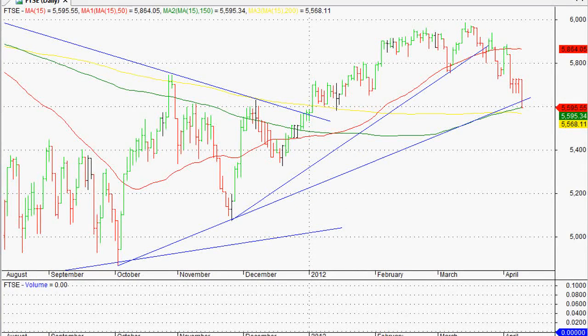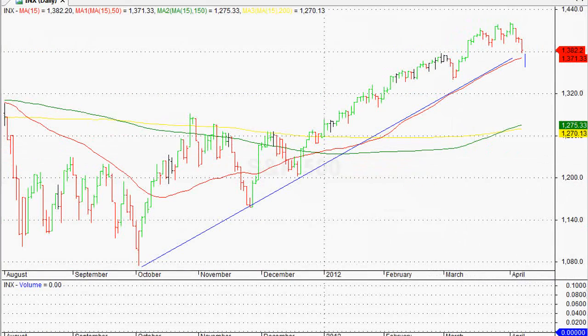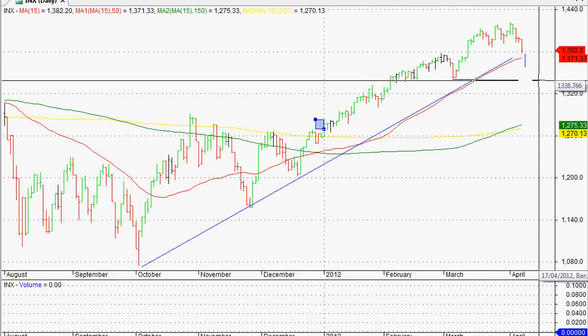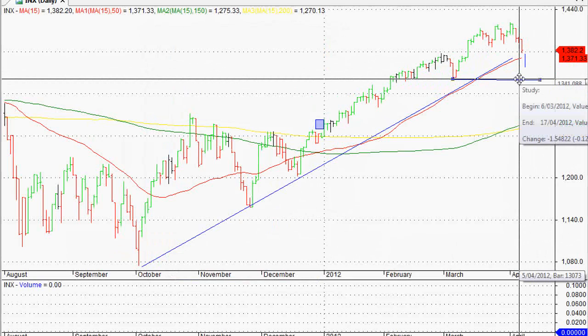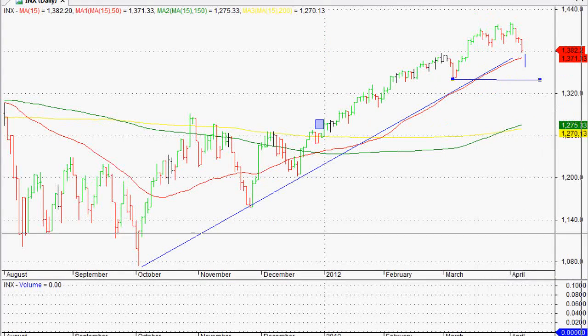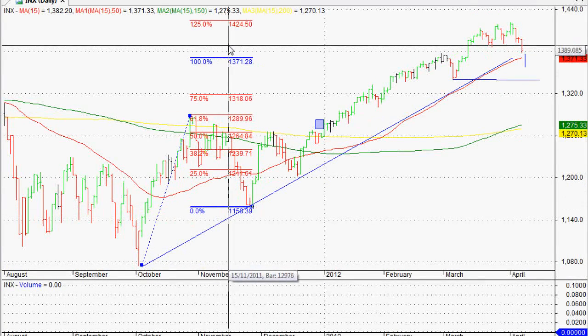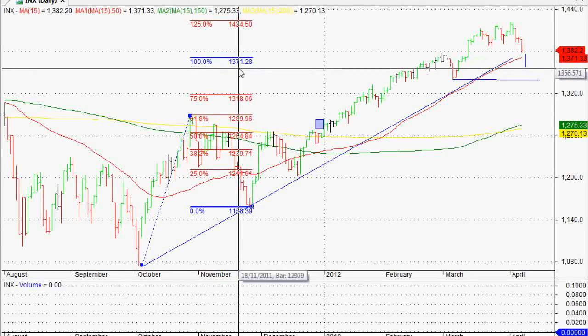One of better note would obviously be the S&P 500 in America. We called our buy signal there, and we'd be looking at an exit signal if it closes below this particular trough here, and I'm sure it's going to come very close. That would be at approximately 1340 on the S&P 500. What we were looking at with the S&P 500 is that all of the markets around the world had met their initial targets, which was 100% of the previous move.